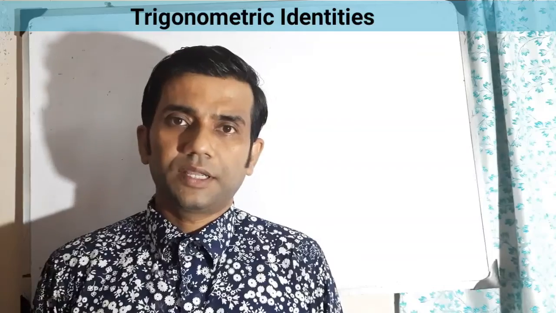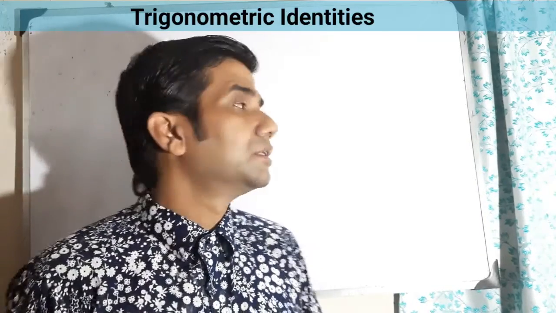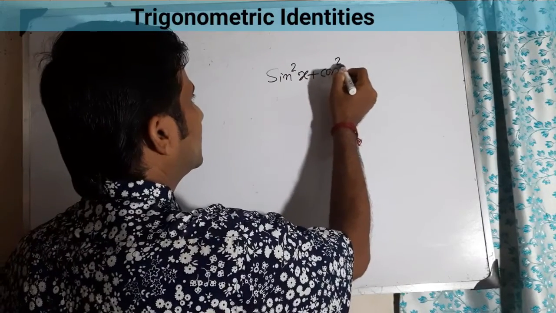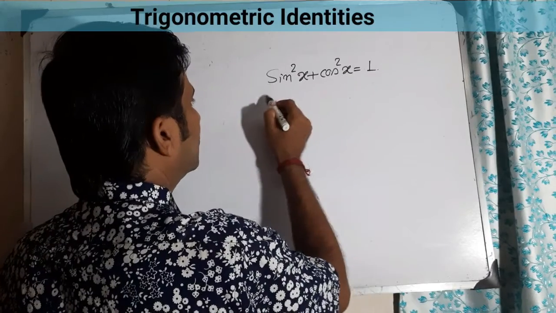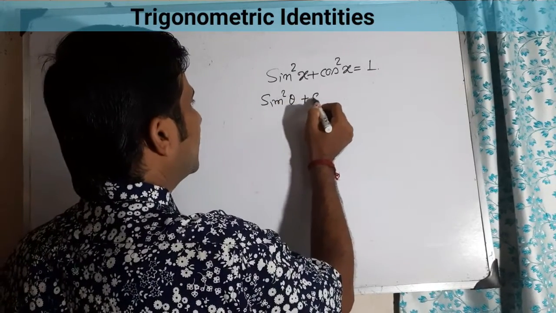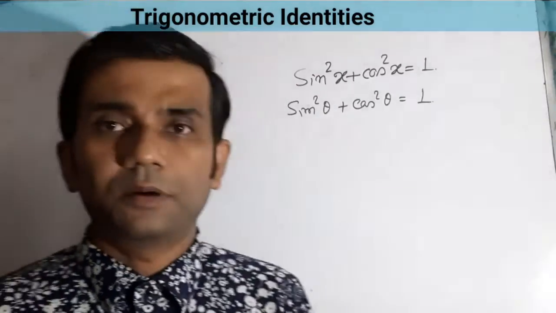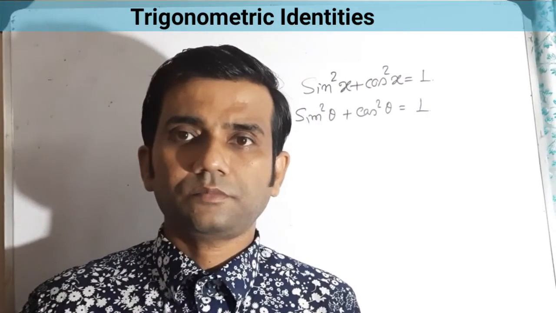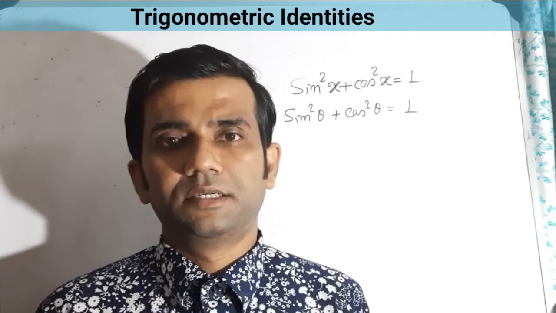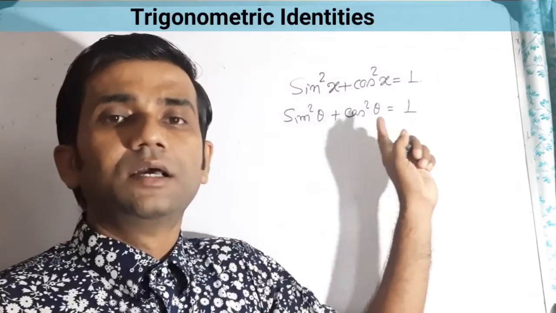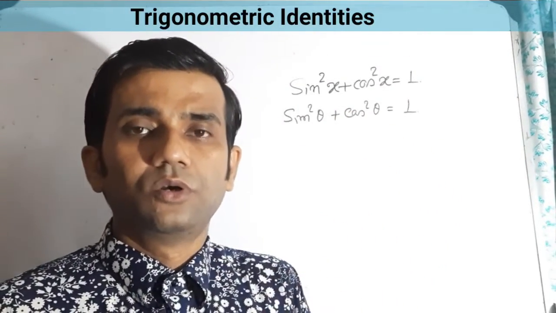Today we shall discuss trigonometric identities. Identities mean we all know that sin square x plus cos square x is equal to 1, or you can write it as sin square theta plus cos square theta is equal to 1. At first we have to know what an identity is. Identity means this expression, sin square theta plus cos square theta is equal to 1, is always true for every